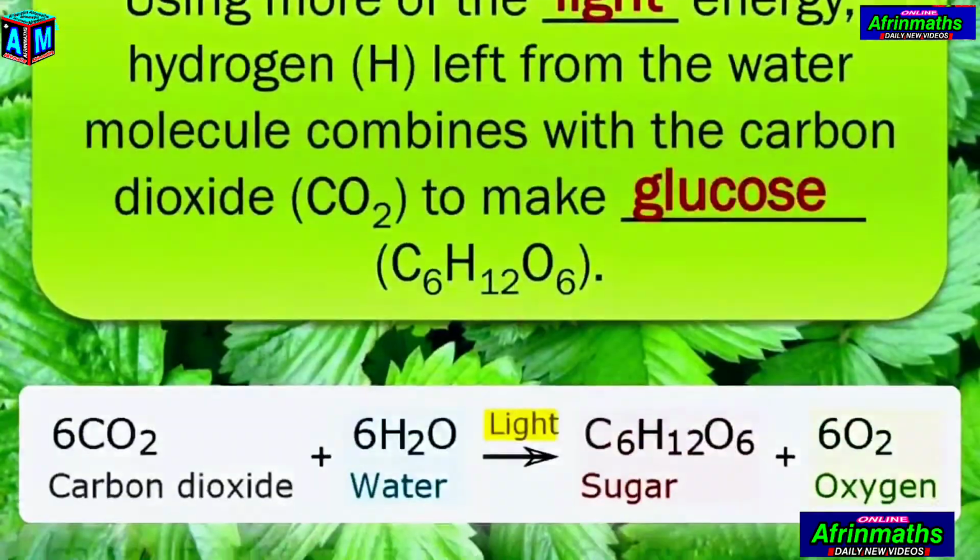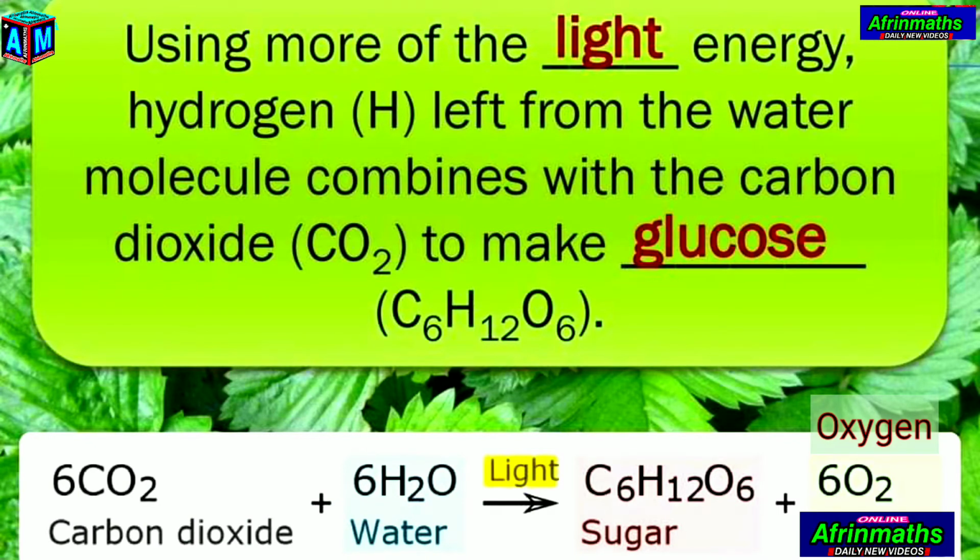Using the light energy from the sun, the hydrogen left from the water molecule combines with the carbon dioxide, CO2, to make glucose, which is given by the formula C6H12O6, and the reaction is given below here. 6CO2, which is carbon dioxide, and 6H2O, which is water, in presence of light give C6H12O6 along with some oxygen, which is 6O2. Glucose is also called sugar